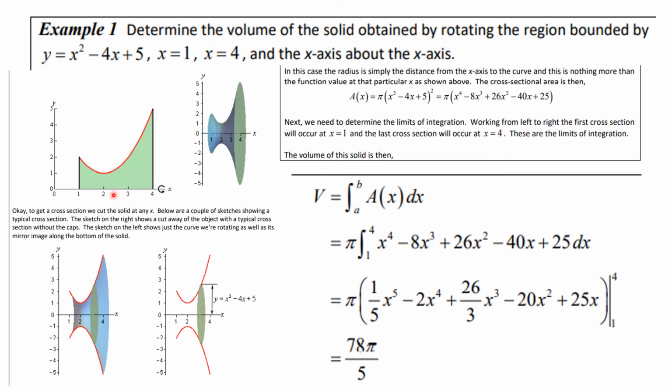Well, the first thing to do is to draw the picture, and pretty quickly you realize that this is the example that we've been working with. Here is the area that we're revolving around the x-axis, and we'll get something that looks like this. Now, if you look at this cross-sectional area, or any cross-sectional area, you see that you're getting a circle. So the volume is going to be, there's the circle, and the radius is going to be x squared minus 4x plus 5. And so you're going to be squaring that, because the area is pi r squared. And so that is going to be pi times